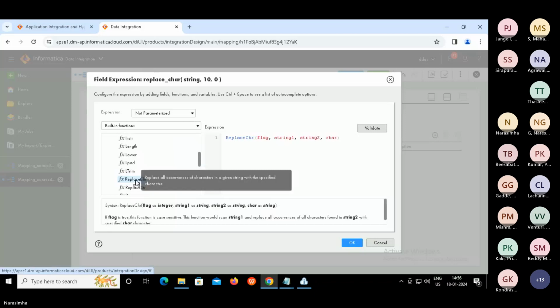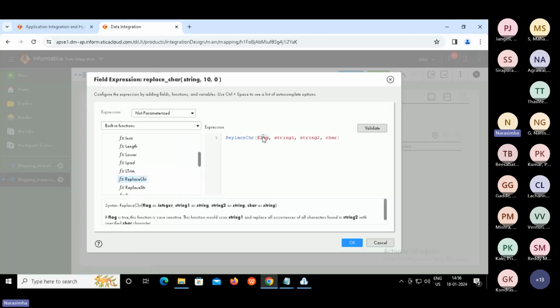So flag means case sensitive or not, which means we want to consider case while searching. So input, I'll just put a static value. Let's say A, B, C, A. A has two occurrences, right? And it is search value, let's say A. So we are going to search for A in a given input string. And then last one is for